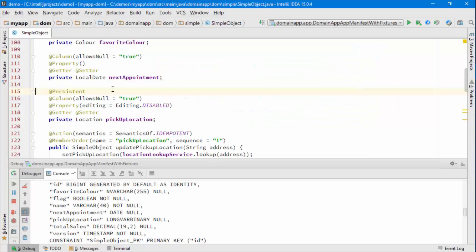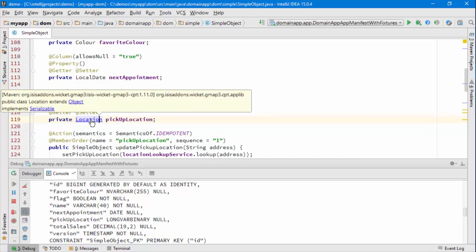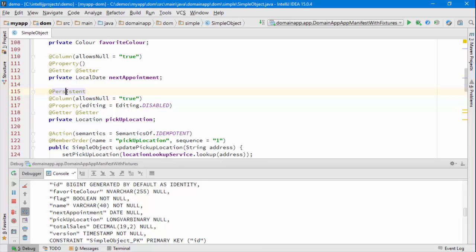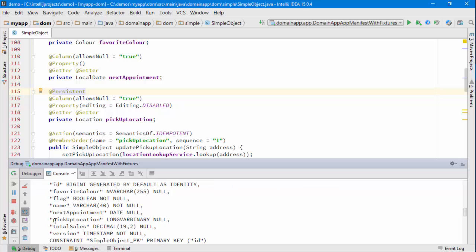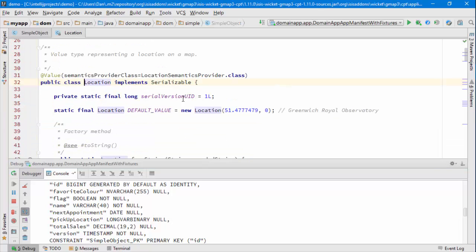In terms of the persistence, this is set up by a field of this type, location, as defined by the gmap3 plugin, and we've annotated it with @persistent, and that means that the data gets persisted. But what I want to focus on is how it gets persisted. If you look at this here, which is from the log file, you can see this is the table that gets created when we start up the application. The corresponding column is actually of type long var binary, which is basically a serialized representation of location, which is